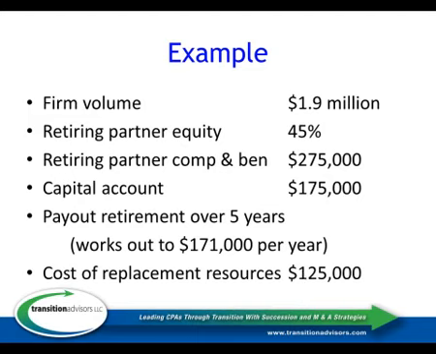You're not going to go out and hire another $275,000 partner to replace a $275,000 partner. Otherwise, you don't have anything to work with. And it's not even the way you'd do it anyway. But you do need to account for at least the productive capacity. Now, you may decide, for a particular person you're dealing with, that the cost is more, or maybe you've got so much capacity that you don't think you have to have as much. But normally we're talking about somewhere around 35% of the productive capacity of the partner that's retiring.